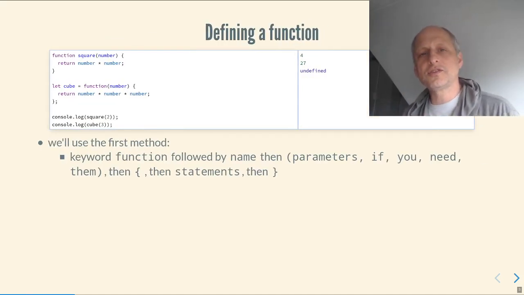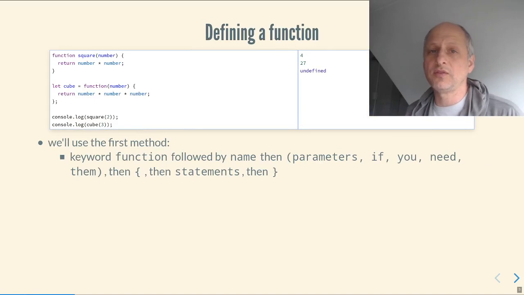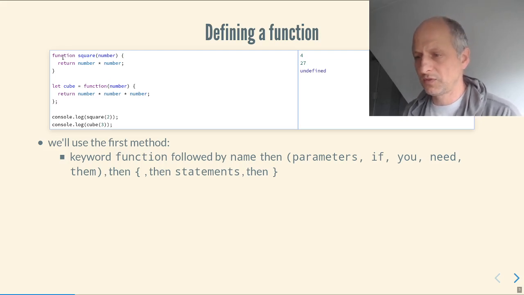So in JavaScript, there are two main ways to define functions. They are equivalent to each other, and we will usually use the first form, but it's good to see both of them. And the second one, I think, makes it clearer that a function is really a variable. So in the first method,